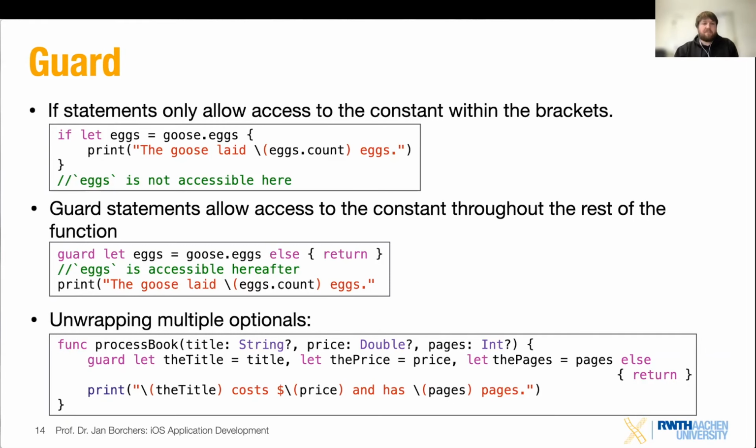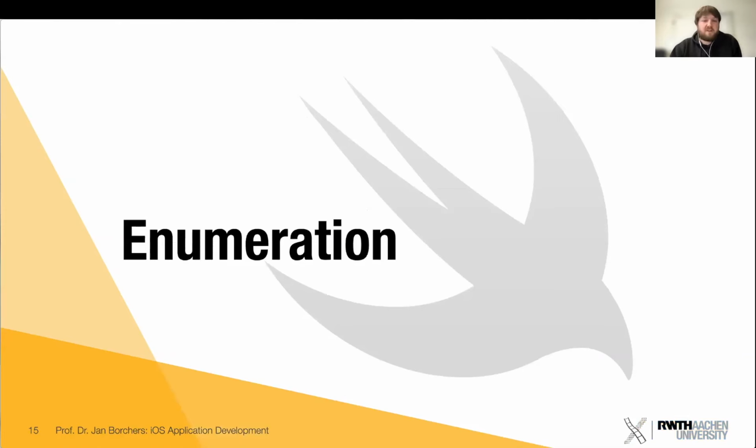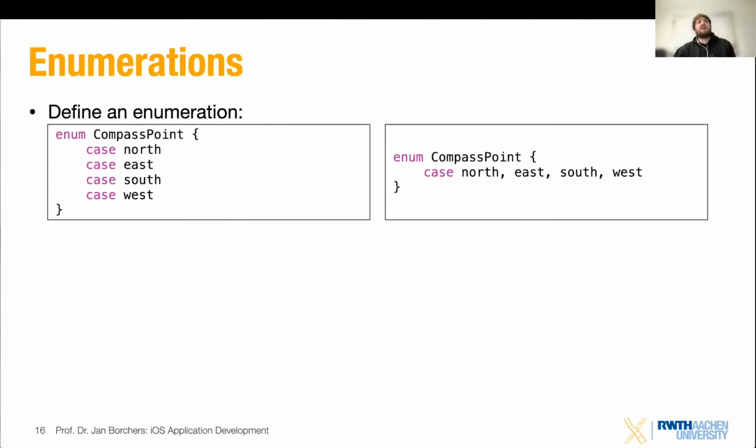All right, so from that on, we'll move over to enumerations. And enumerations are another concept that is very often used and very helpful in Swift. And what an enumeration is, or where it's often most used, is where you have a different set of cases that some enumeration can take. So the example that we have here is the compass point can point